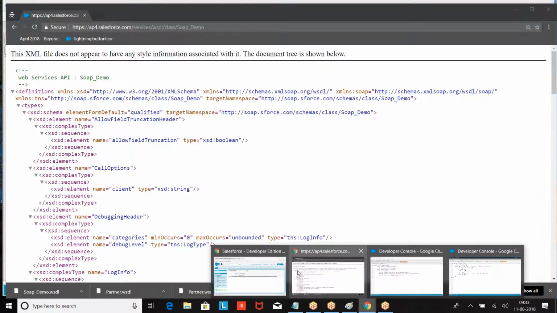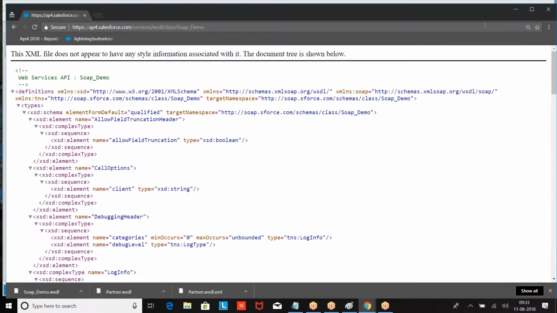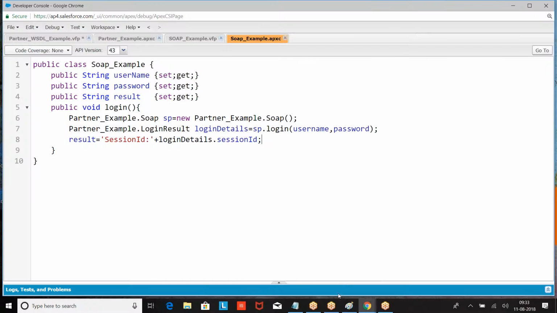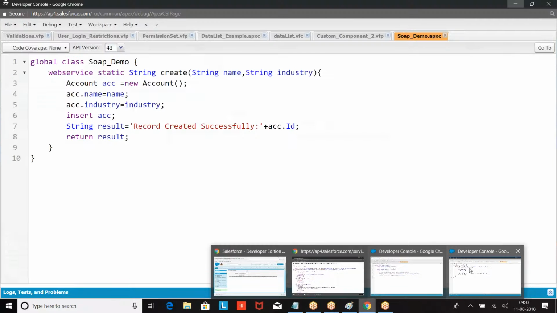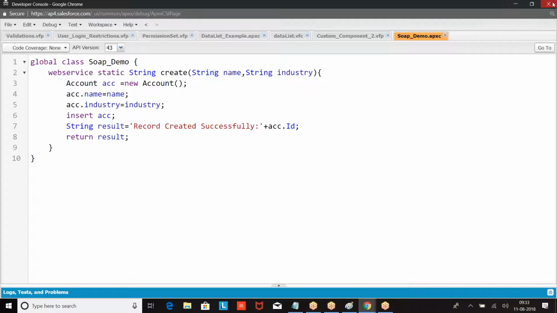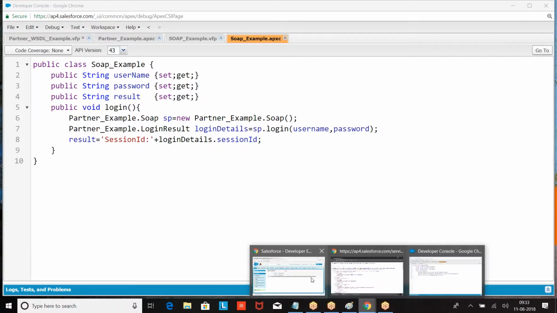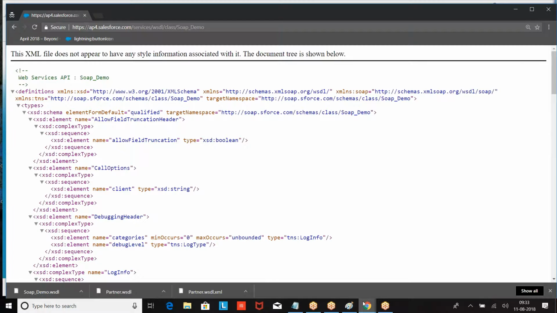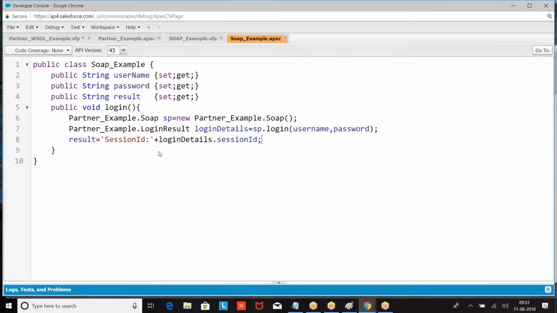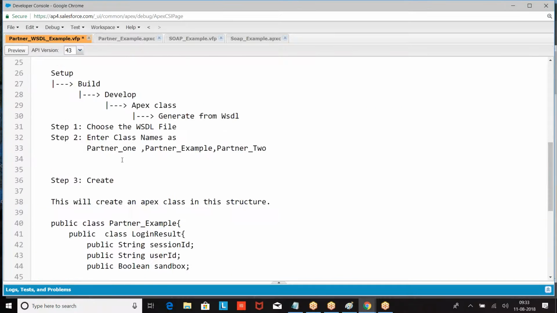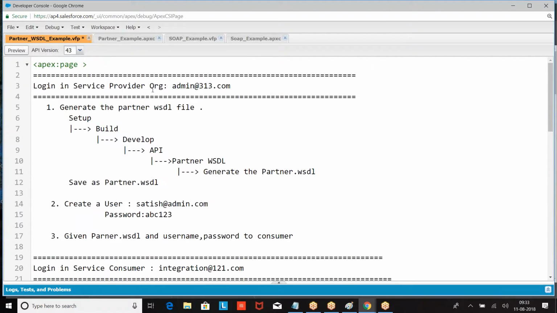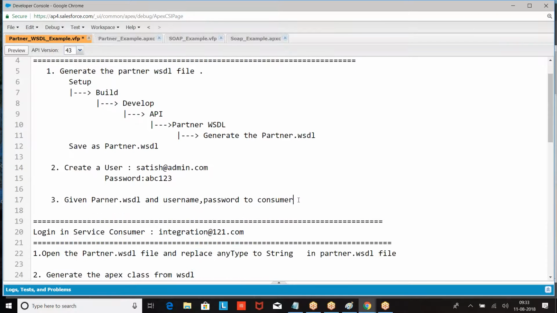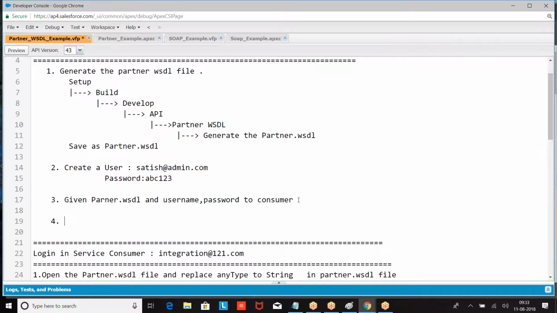Now come back to this organization. So you should have clarity on what we are doing. So in this case, go to this organization, visual file. So here, what is the org? Generate the partner visual file. Here only create a